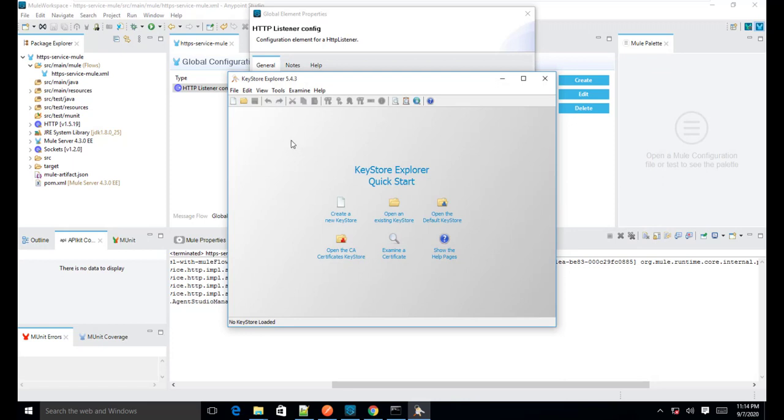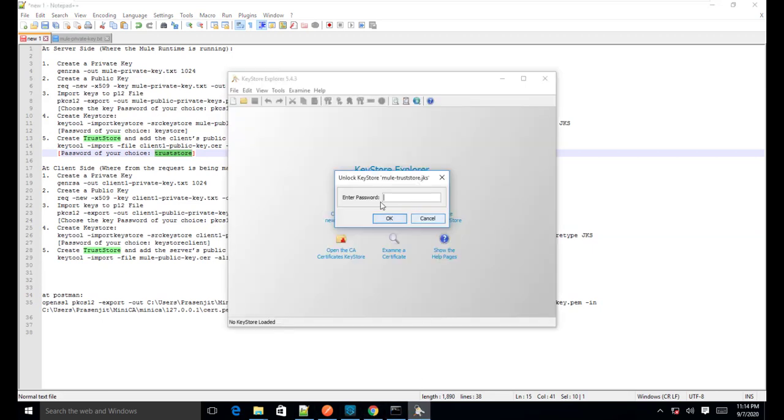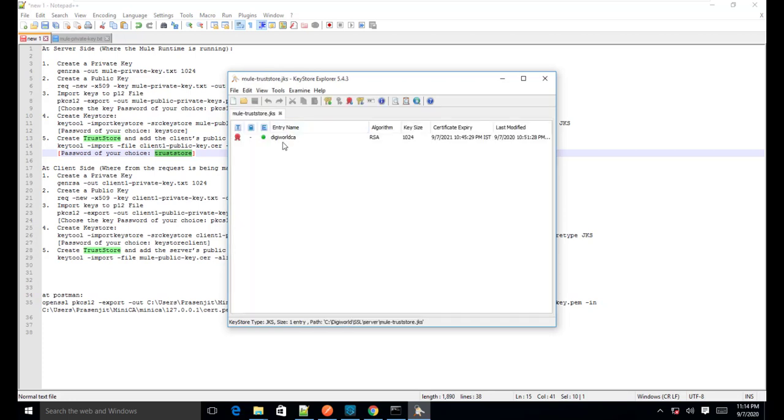So I'm opening this file, and this time it is asking for the password. So this is the password. And here as you can see, this is the certificate.